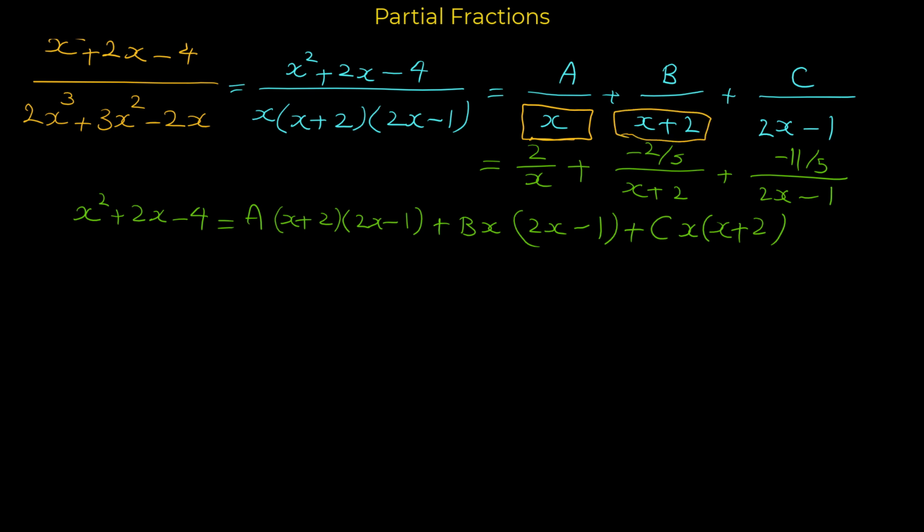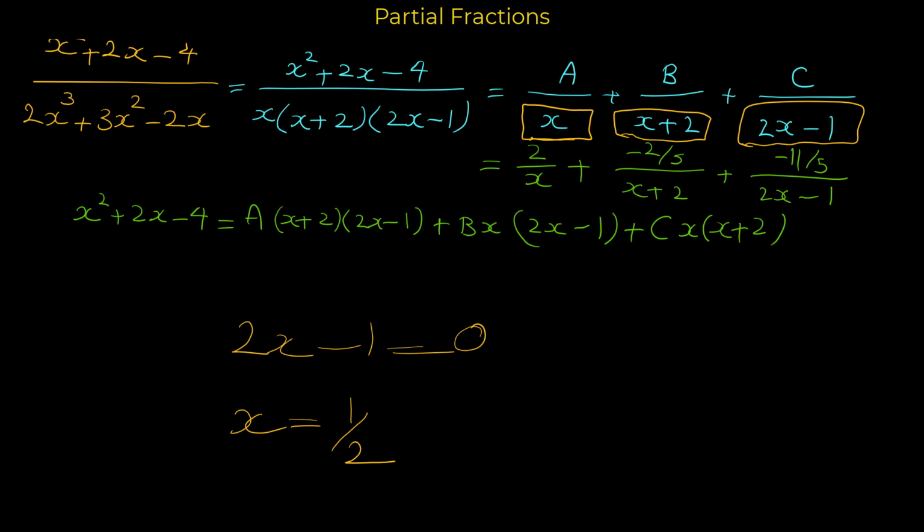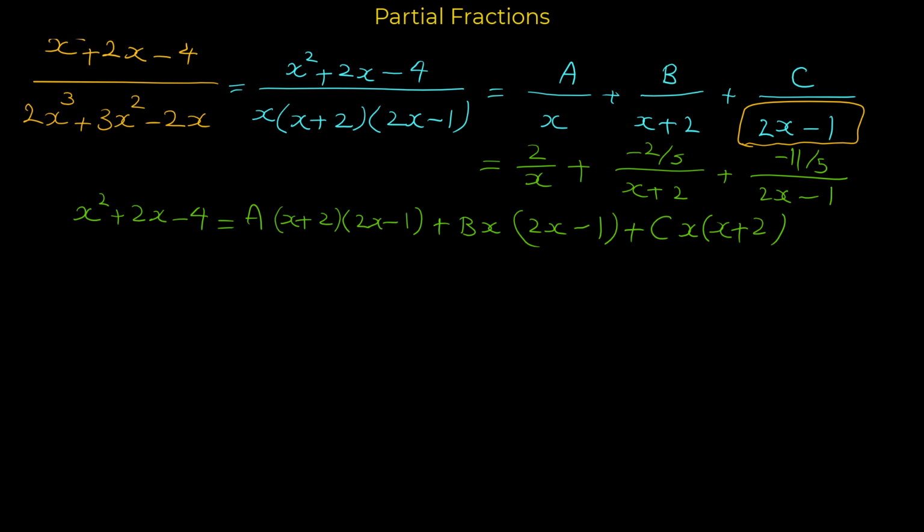What value for x makes this denominator 0? Negative 2. So another number that can be helpful is negative 2. And finally, what value for x makes this denominator 0? If we set it equal to 0, from here simply x is 1/2. So 1/2 is another value that we will use to find a, b, c. But we start with 0. If we plug in 0 for x,